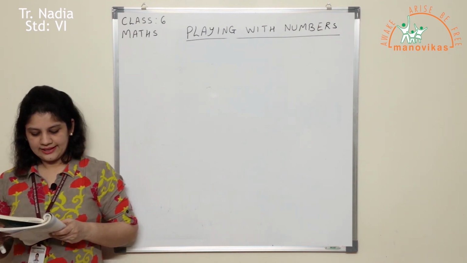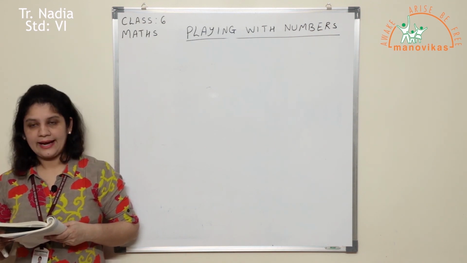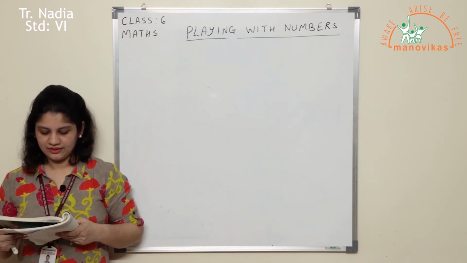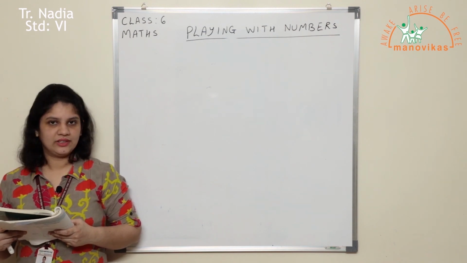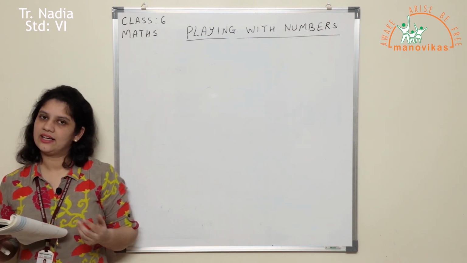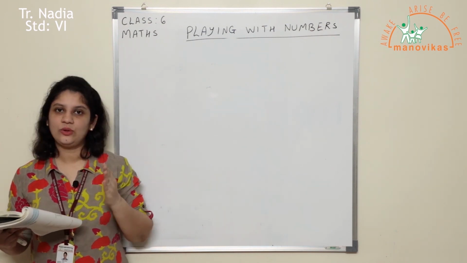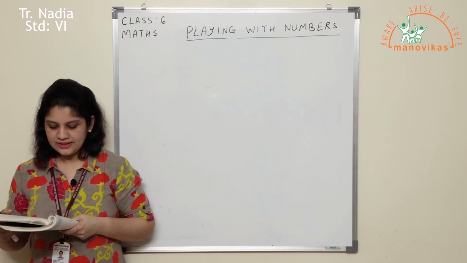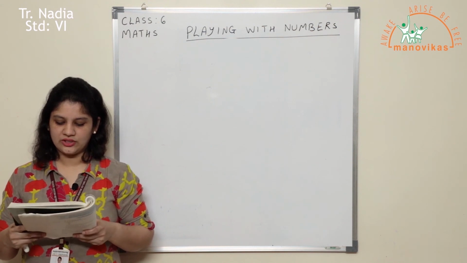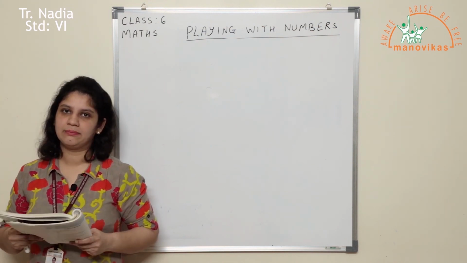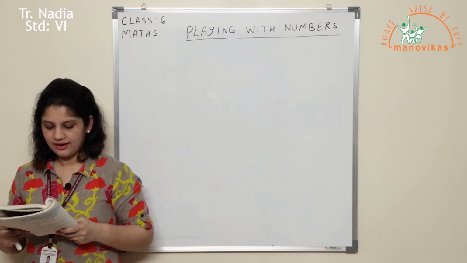Then the next question, question 5. Write all the prime numbers between 30 and 60. If you all have learnt it by heart, you all can directly write. Otherwise, you all refer to the sieve and check out between 30 and 60 which are the prime numbers. Similarly, in the second question of question 5, check out all the prime numbers between 70 and 100.